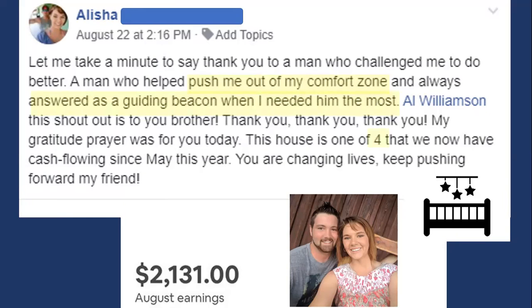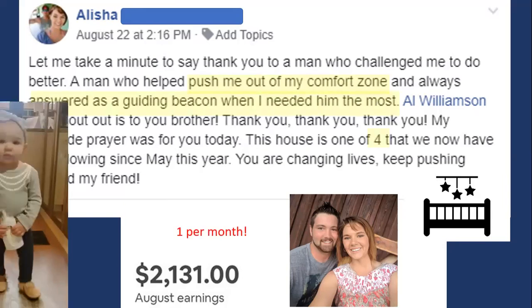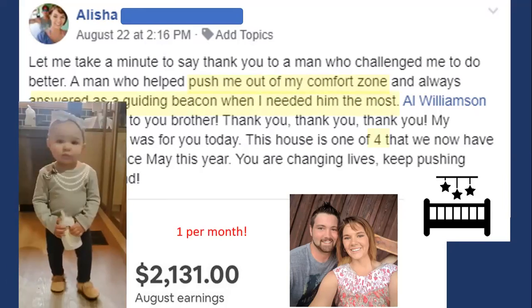She said she had four of them. This is 4 months after she started. She had four of them going, and she sent me a screenshot. So she's making over $2,000 a month. So it really works. It absolutely works. And she's got her little one. 1 year later,